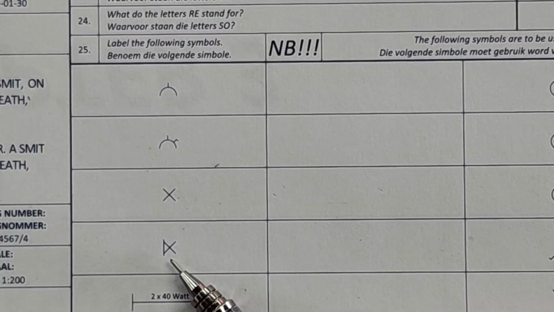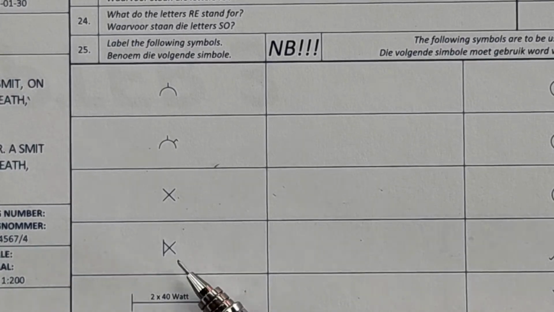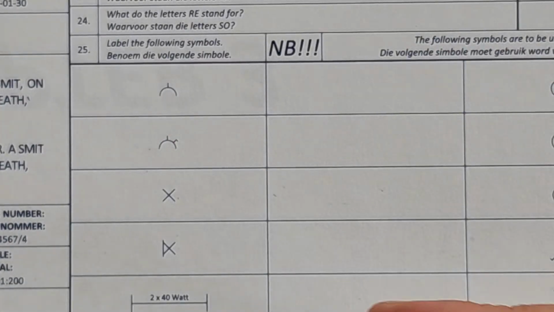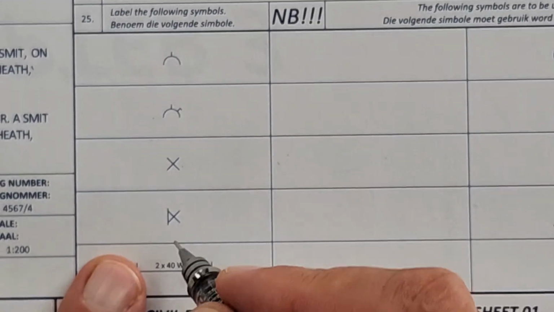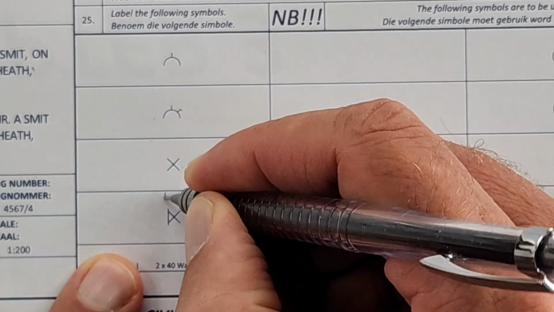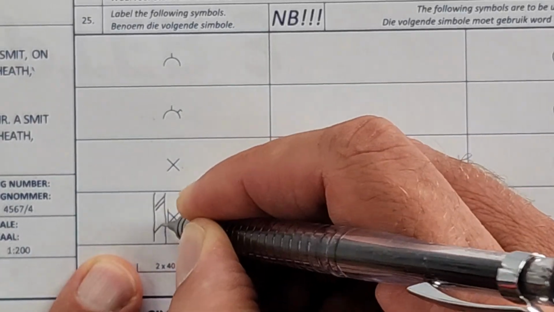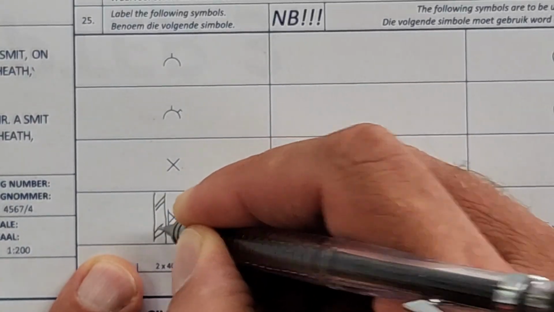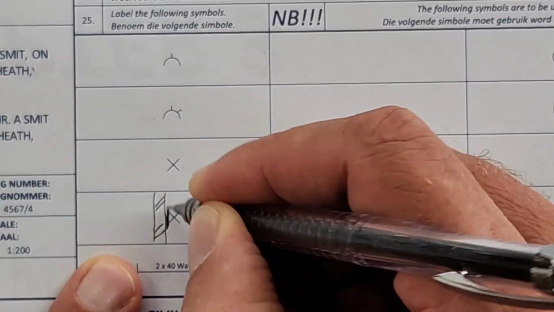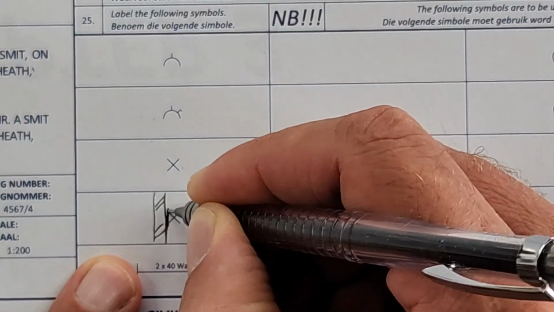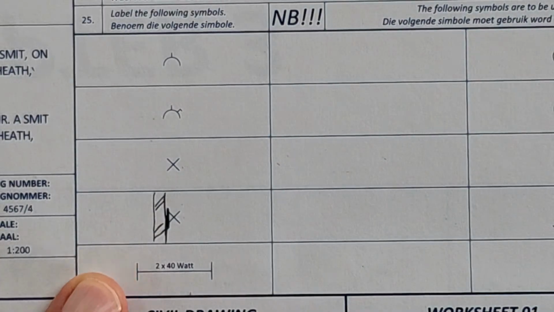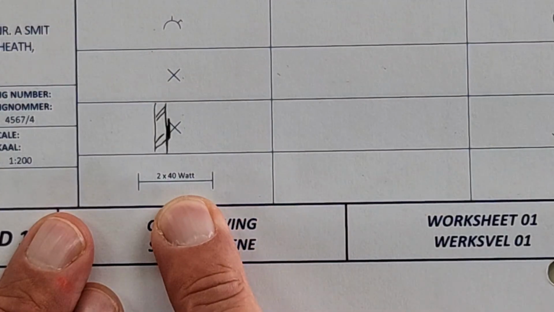What's this one then? Wall light. Wall mounted light, muur gemonteerde lig. Now, let me just help you out. If you're drawing this one, you draw the wall, right? There's your hatching. People, we want to see this line. It cannot be on this line. It must be visible in front of it, okay? Then we've got a fluorescent light,